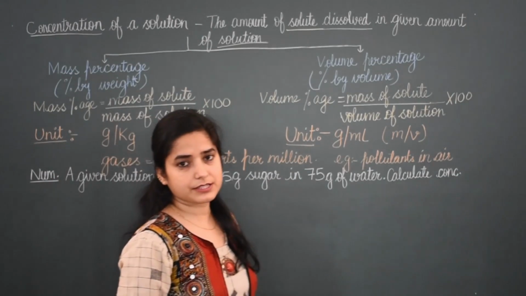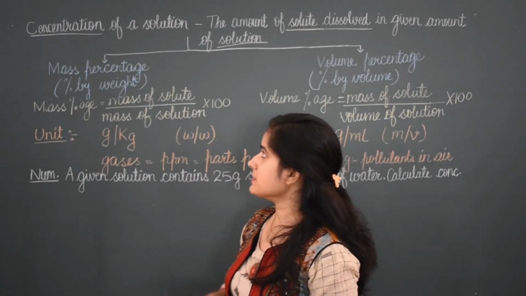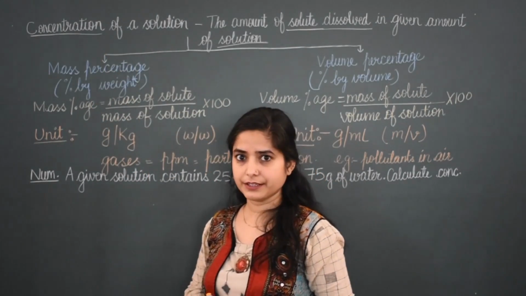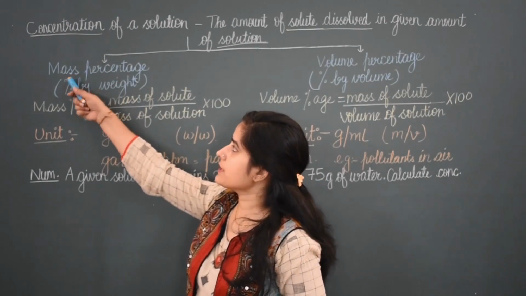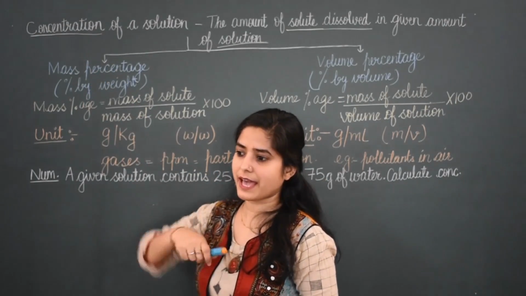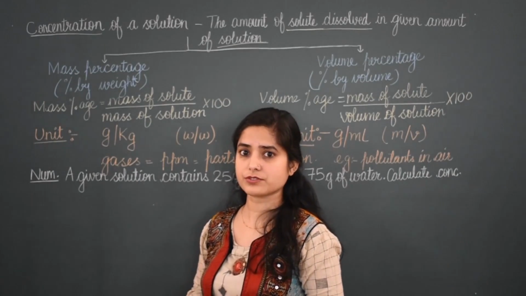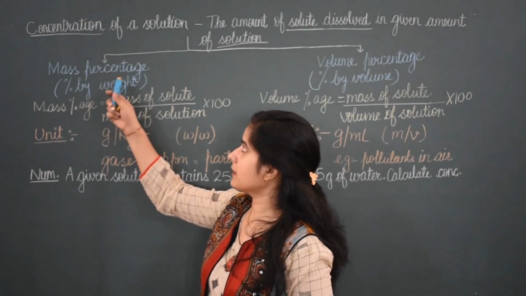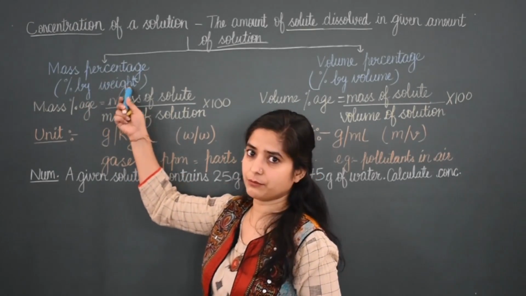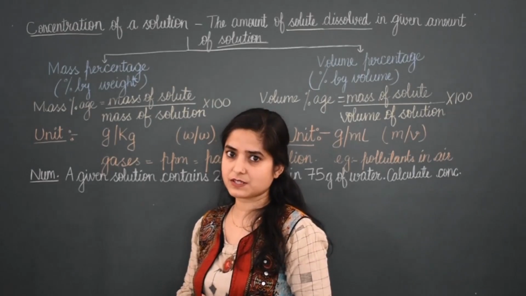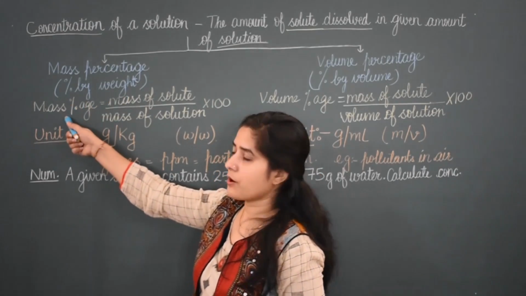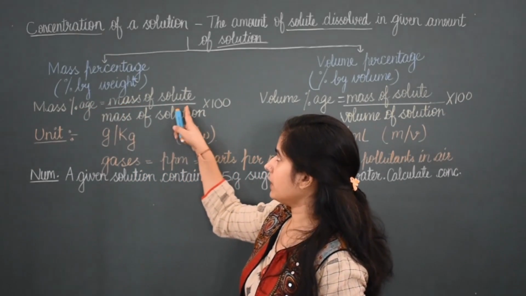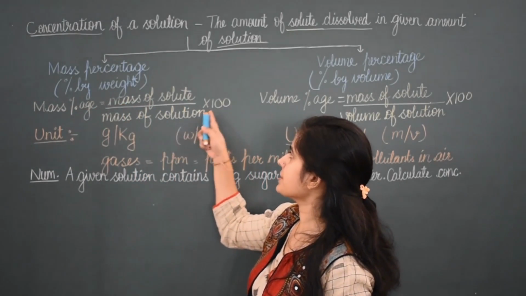We can find the concentration by two methods. The first one is mass percentage. Concentration we find in percentage. Mass, as you know, is the unit taken for solids. So it is percentage by weight. We find the concentration of solution as percentage by weight, meaning how much weight of a substance is present. Its formula is mass percentage is equal to mass of solute upon mass of solution